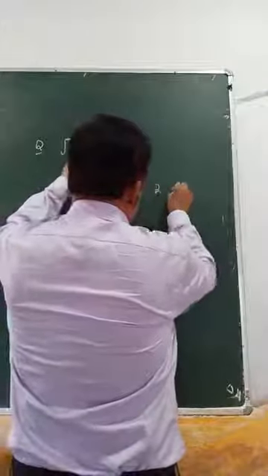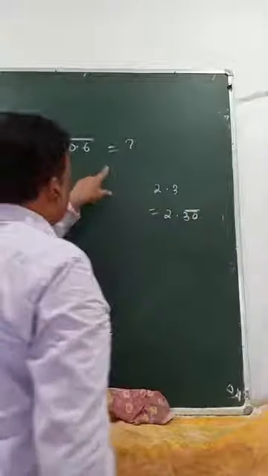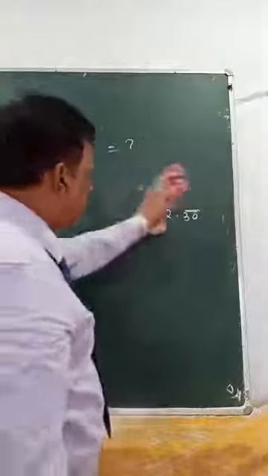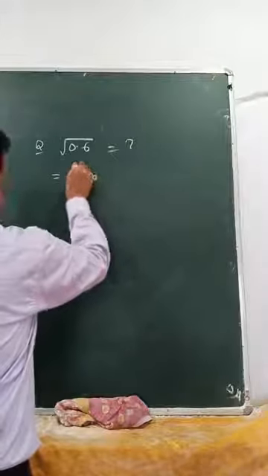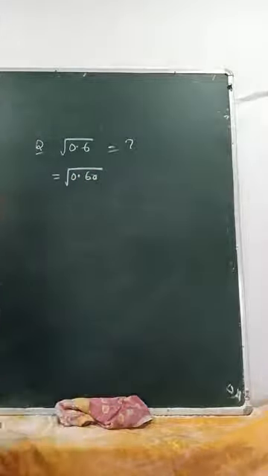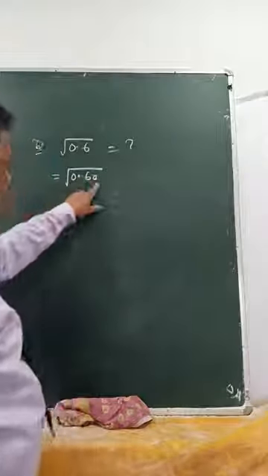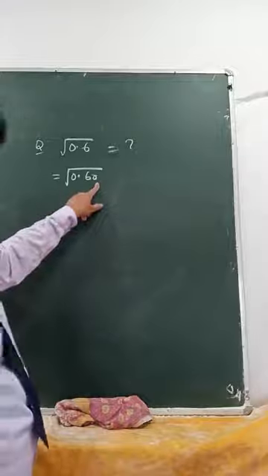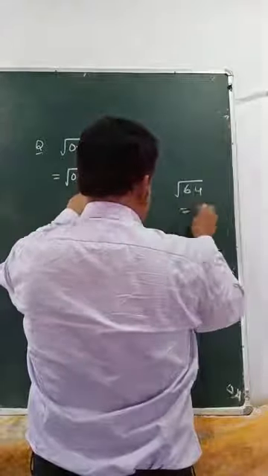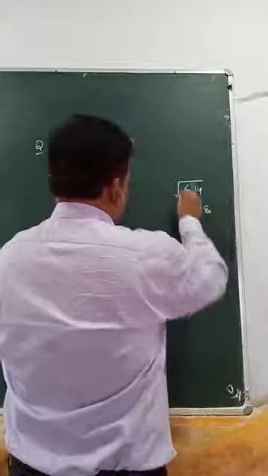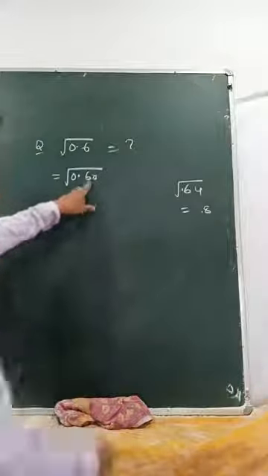Suppose 2.3, you have to write 2.30 so that you make a pair to find the square root. So it is the same as square root of 0.60. Now from here you have to define x, whose square root you can find out. The square root of 64 is 8, so the square root of 0.64 is 0.8. That means our x will be